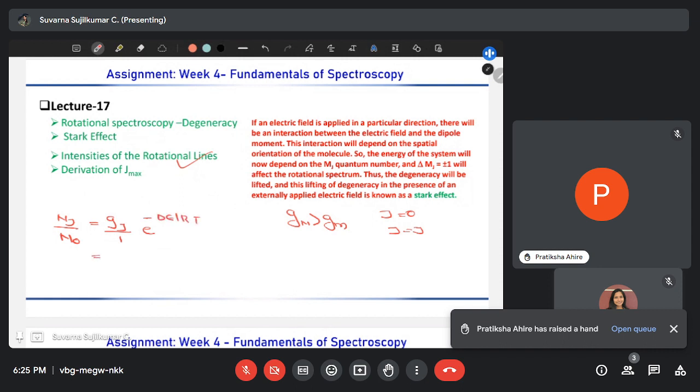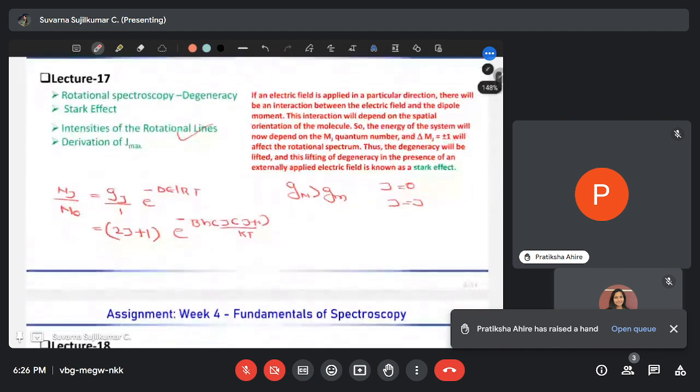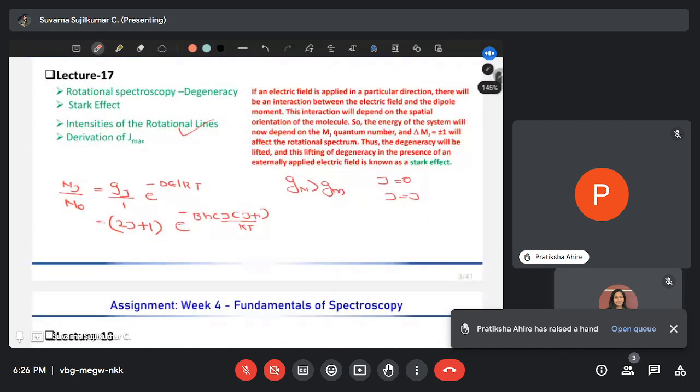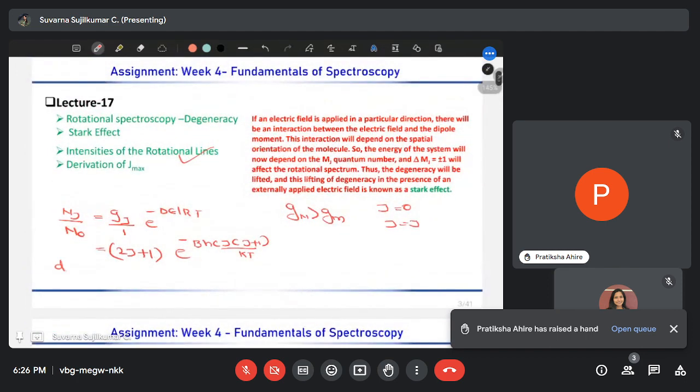Correct. We already know the expression for delta E, and for a degeneracy with quantum number J, we also already know that it is given by 2J plus 1 into e raised to minus BhcJ(J plus 1) divided by kT. Right. So if you could find the derivative of this,